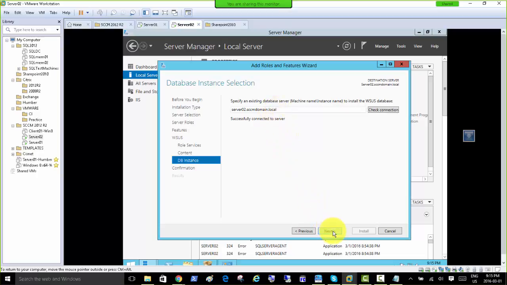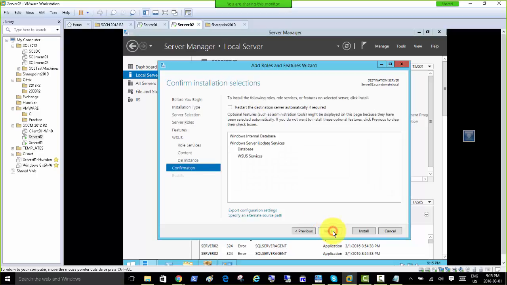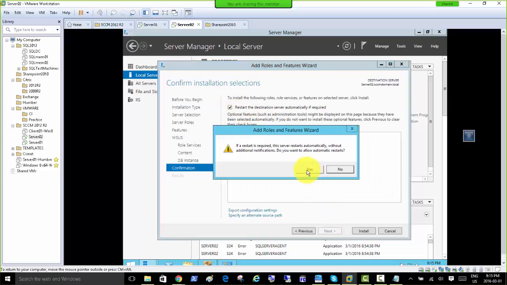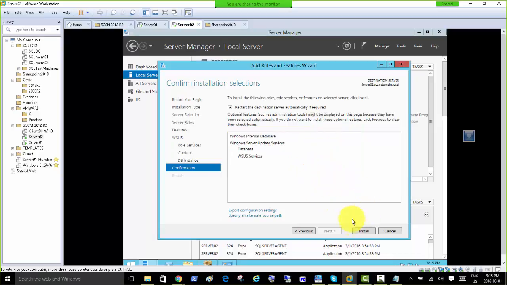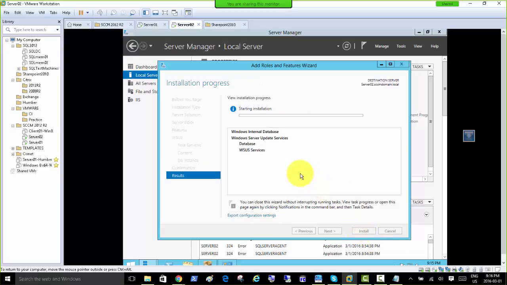And next, right? If it needs a restart, yes, go ahead. So I'm just going to press this. If it doesn't need a restart, it's not going to restart, right? It's always good to not miss any restarts in a Windows environment or anywhere else if it requires one. So click install. While WSUS is installing,